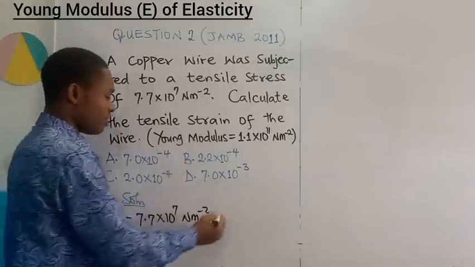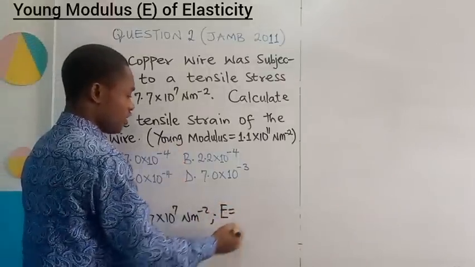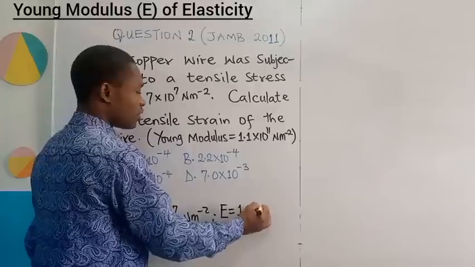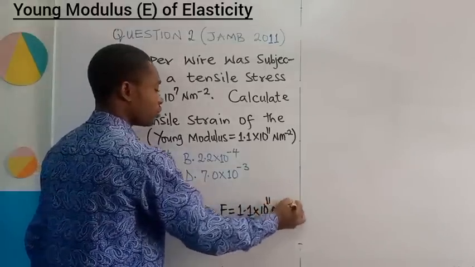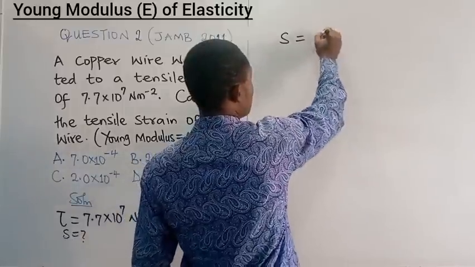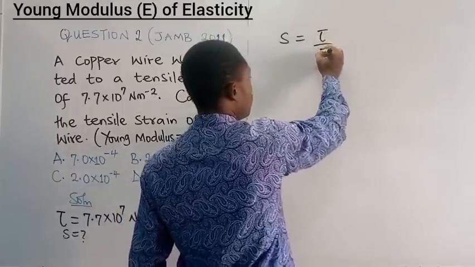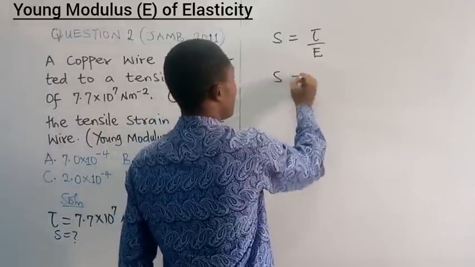The next, we're given Young modulus. I use E for that, 1.1 times 10 to the power of 11 Newton per square meter. Strain is equal to stress divided by Young modulus. Substituting, we are going to get,